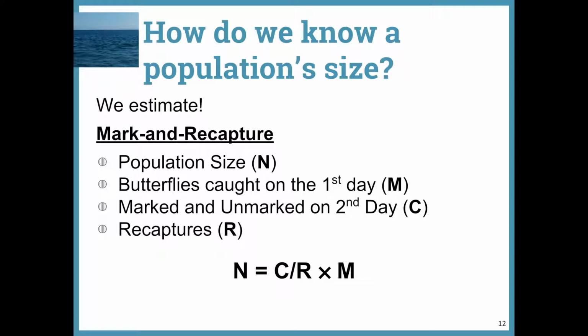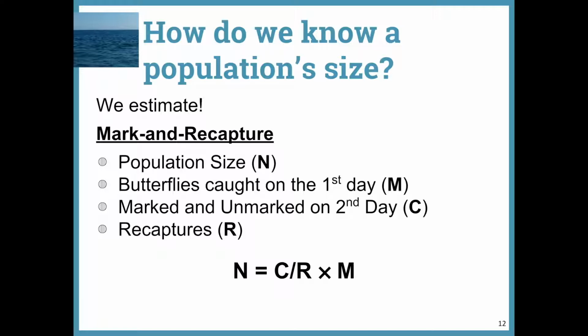What does that mean? N in this case would be the population size, the number that we're looking for. C is the total number of marked and unmarked butterflies that were captured on day 2. R would be the number of marked butterflies that were captured on day 2. And then we would multiply that by the number of butterflies that were caught on day 1. And doing the math would allow us to predict the total number of organisms in that